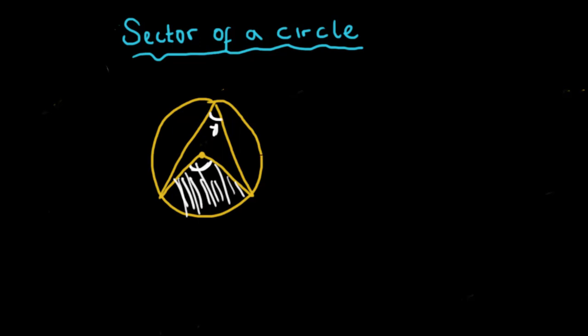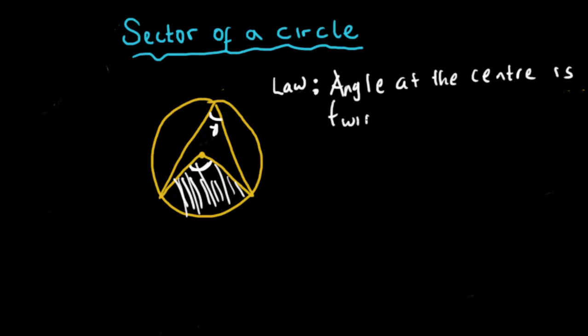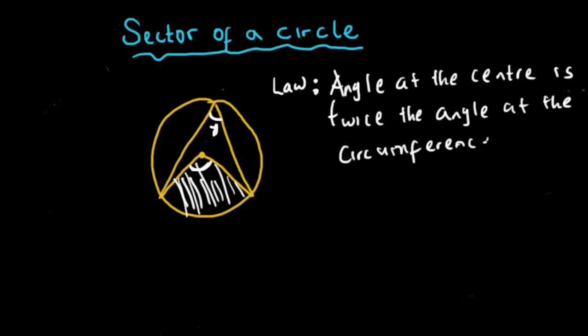Now if you've done circle geometry, you would understand that this is a connection to circle geometry, and it's a law in circle geometry. And this is the law. The law states that the angle at the center is twice the angle at the circumference. Now, to be frank and honest, sometimes this can be confusing. Now, the way I usually remember this law, and just to make sure I do not confuse it, is that